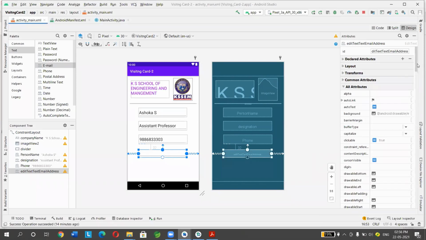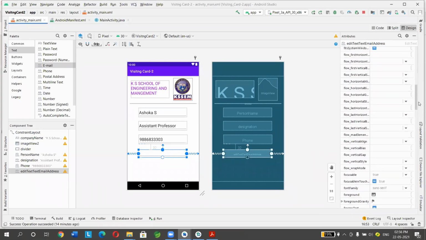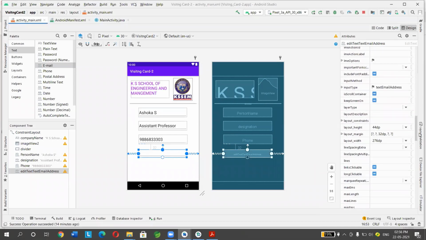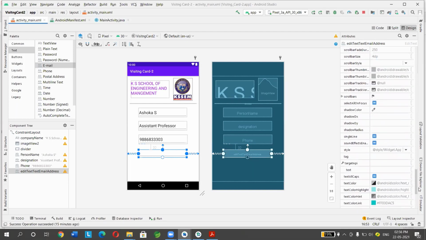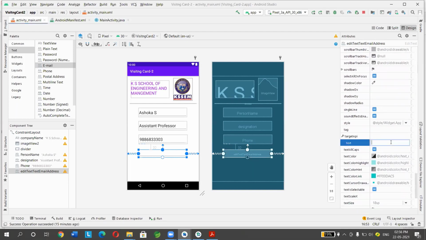Next I need to change the text. In all attributes, find the attribute text and you can type your email ID. Okay.